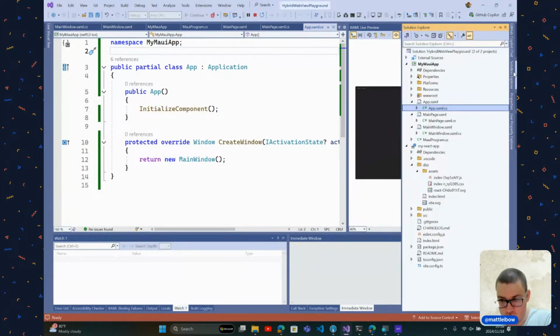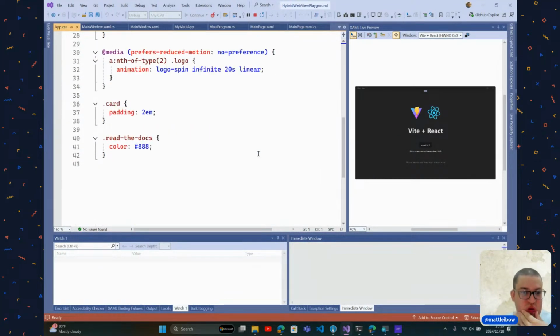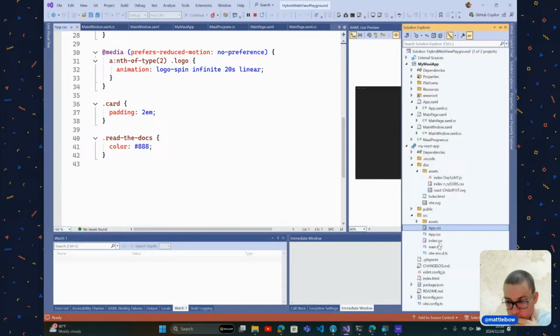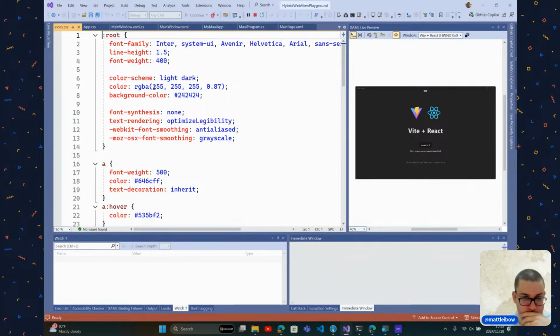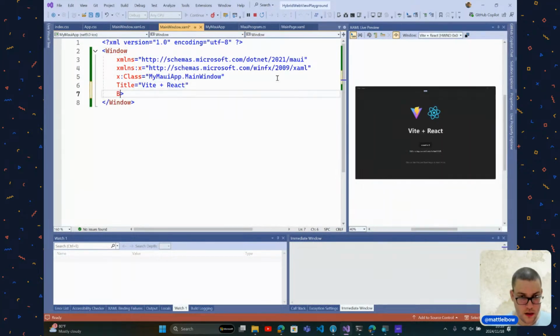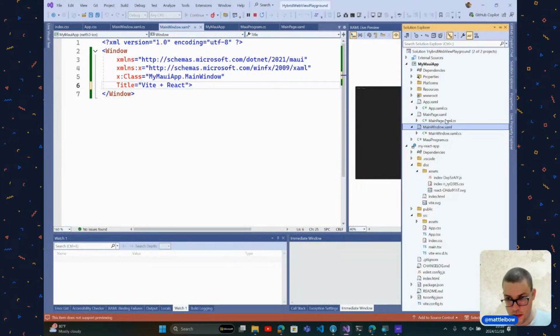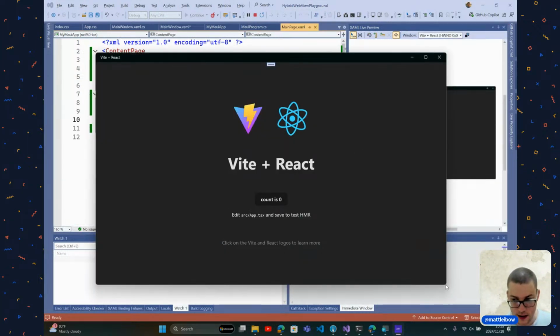And just to stop the shock, if you will, let's quickly go into our CSS here and just find out what the background was. We're looking for CSS. Root light dark, background color is that, right? Let's just quickly hop on over to our main window, and we're going to do background, no, what? Main page. If I was to hide this, let's just make this a bit smaller so it shows up much better in our,